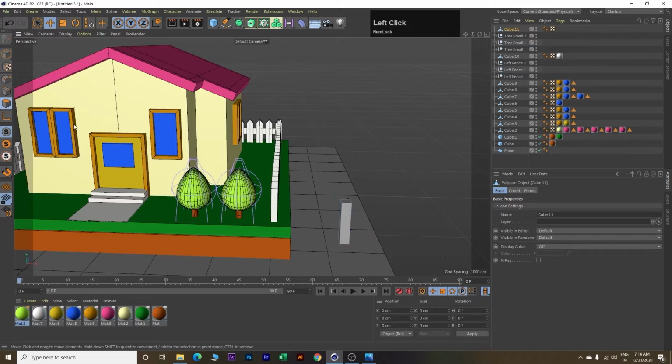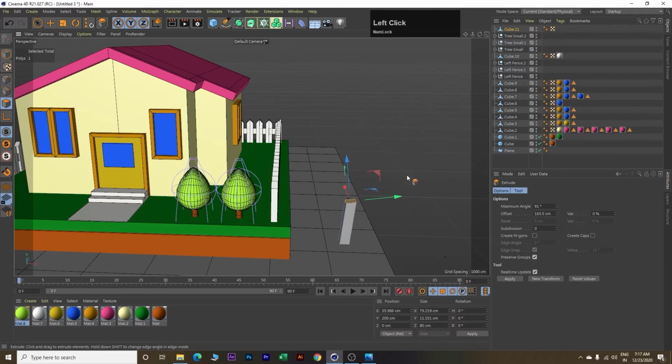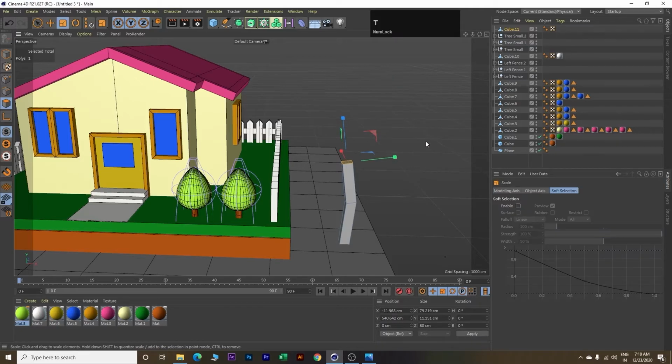Next, click on this polygon, click on this top surface and move it towards the right. Click R to rotate and rotate it towards the left. Then right click and select extrude and extrude. Next click T on your keyboard and resize. Click R and rotate towards the right.